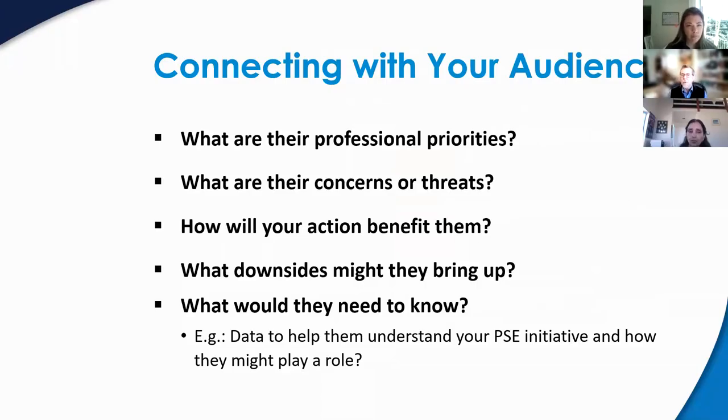Some of the questions here are, what are their professional priorities? Whatever entity, individual, or organization you may be working with, there's issues around their job that they have to think about. Will my boss support this? Do we have enough money? Is this a good use of staff time? All of those are some of the questions that are going to come up that you should be thinking through, trying to climb into their skin. And really be a cynic as you take a look at these questions.